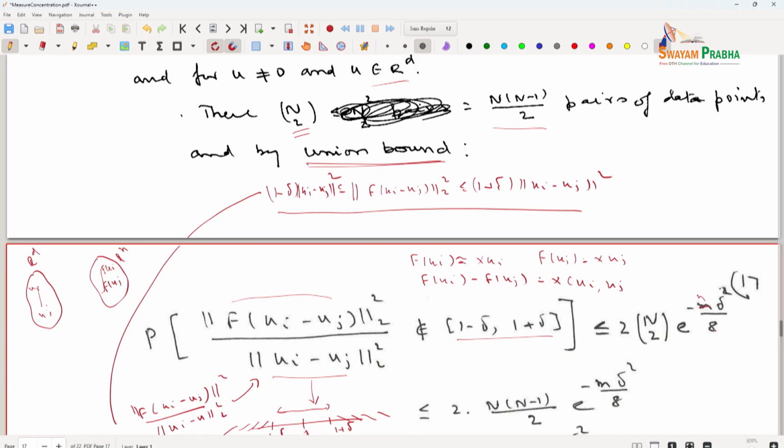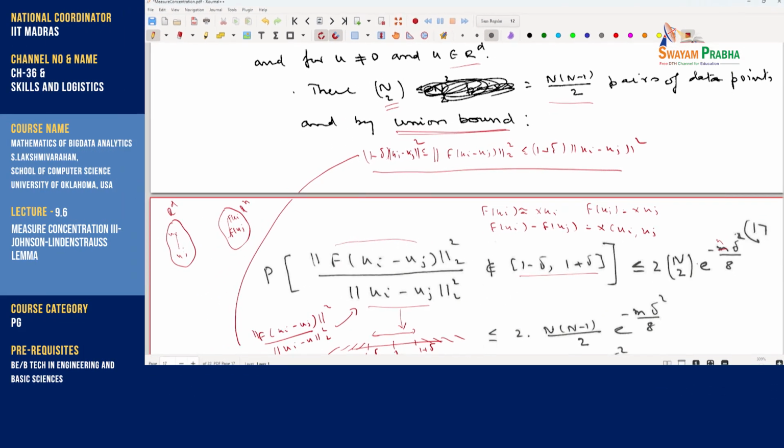N is the dimension of the receiving space, delta relates to the accuracy in the near embedding. NC2 is the total number of pairs. So, if I consider every possible pair,